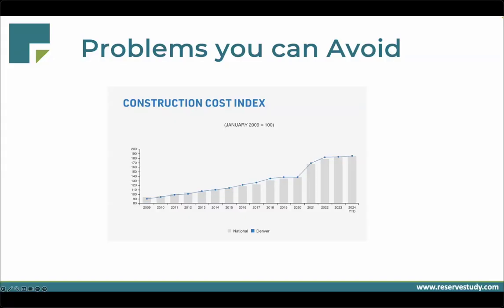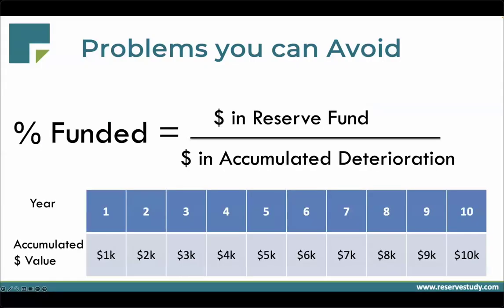Since about 2020, based on the Mortenson Construction Cost Index, Denver construction costs have increased by about 40%. Now, not every single component has increased by 40%. Some components are less and some components are greater, but overall, the cost increases can really catch a board by surprise. If the projects are delayed, the costs will inevitably go up. And this will ultimately cost the owners more money in the long run.